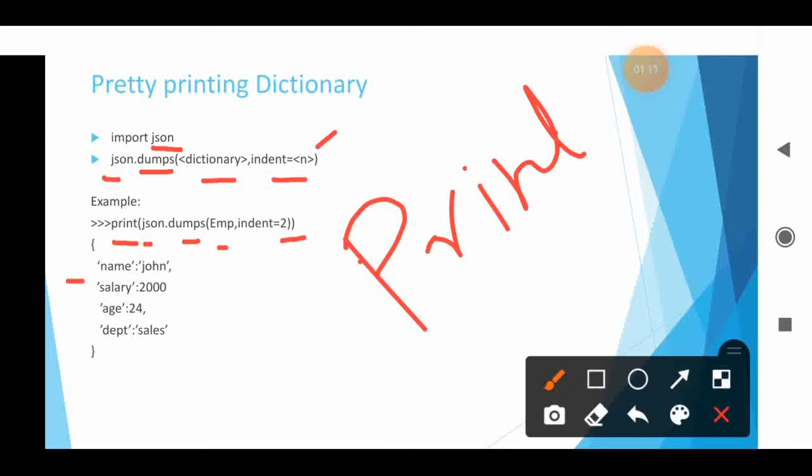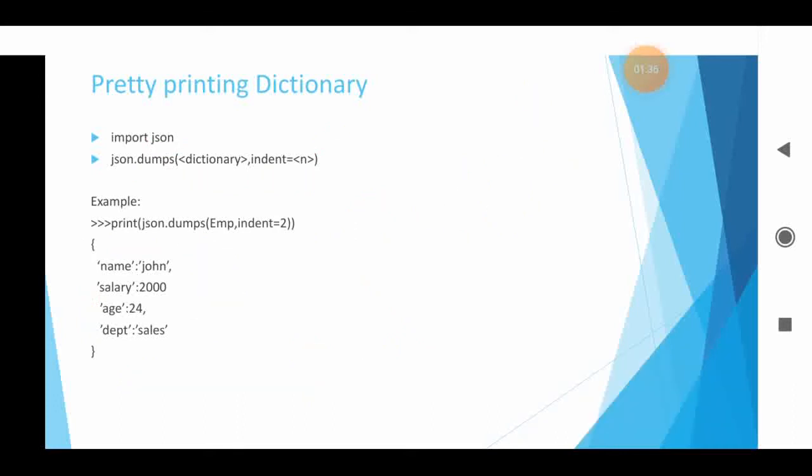First it will bring the curly braces, after that it will print the first key value pair, then the next key value pair, then close the curly braces. Before each key value pair it will add 2 spaces. So this is the way we can use the JSON module with dictionaries.